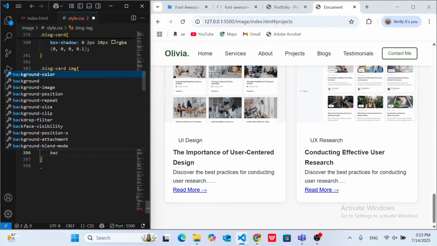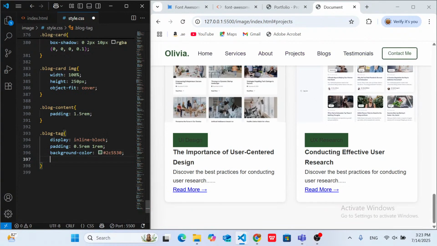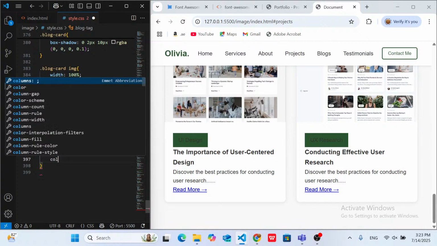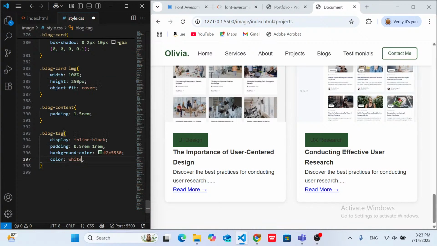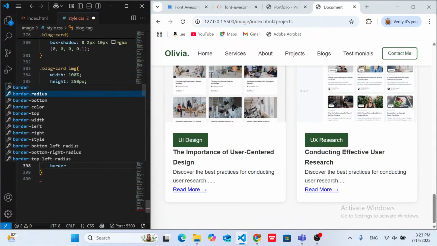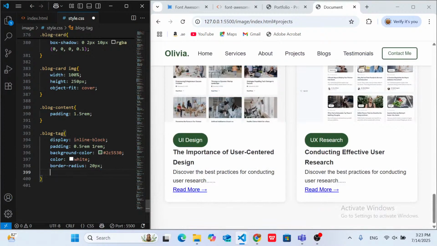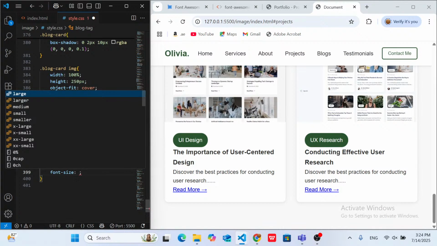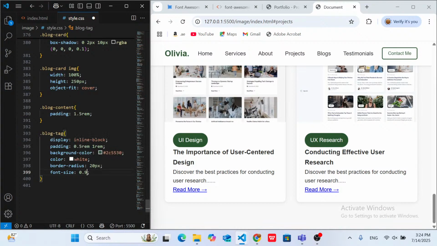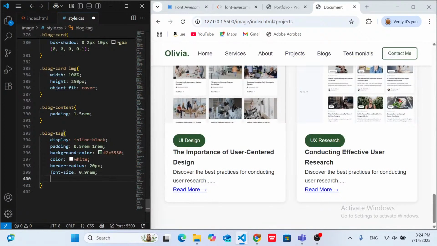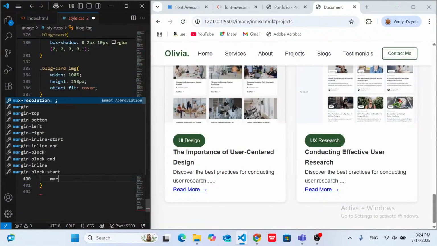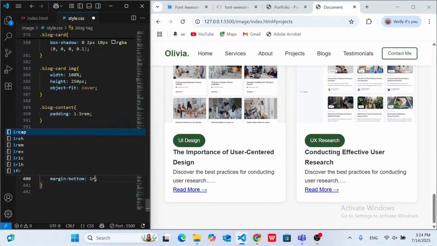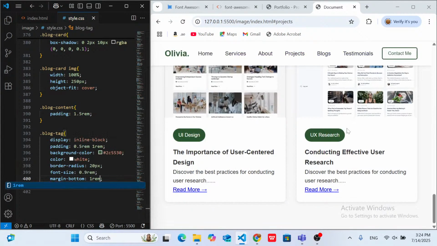Then I'll be giving it a background color, a color of white. Then a border radius for the rounded corner of 20 pixels. Then for the font size, then for the margin bottom, I'll be giving it a margin under of 1 rem. Okay, then for the read more,